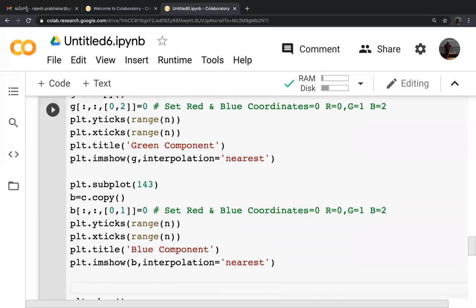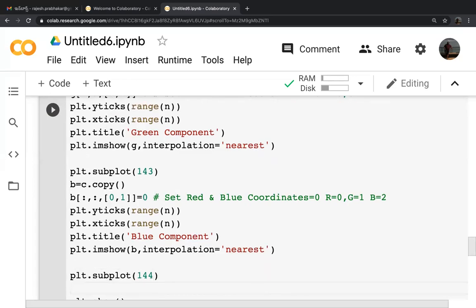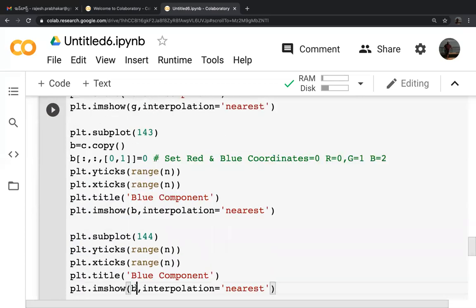Now let us actually print what is that C we have created. We have created something called C, right? Now what does that look like? You can take the x range and y range, and these three, without the RGB changes. I will simply say C, what we have created, with nearest interpolation, and we are just showing the C matrix without any RGB change. Let us see what this is actually about.